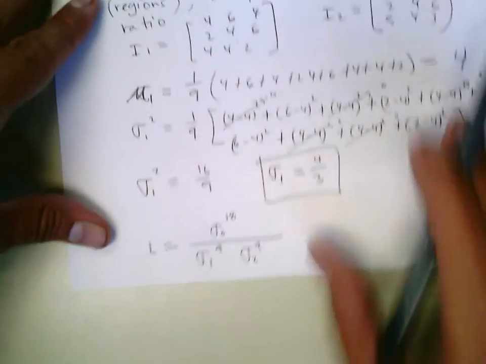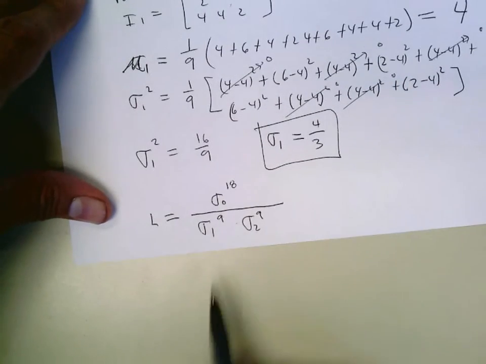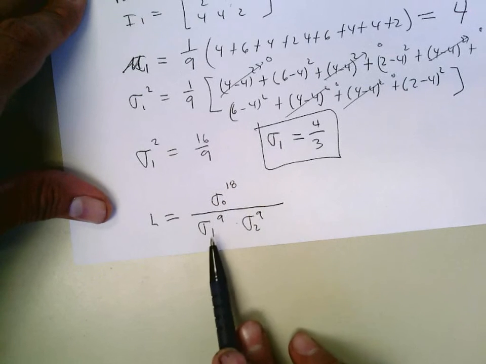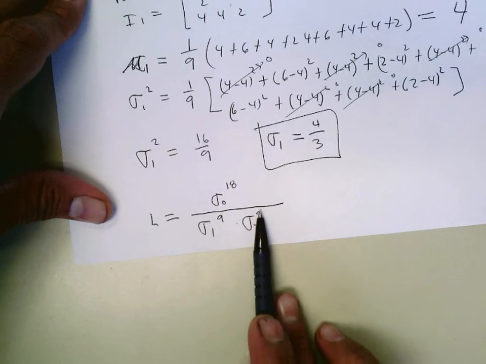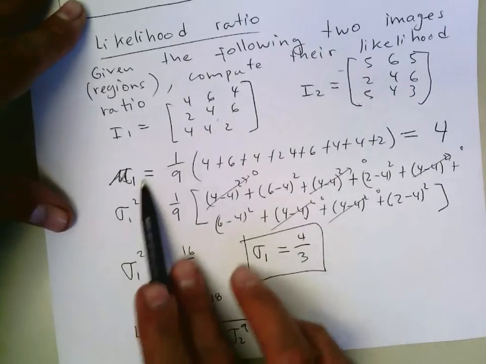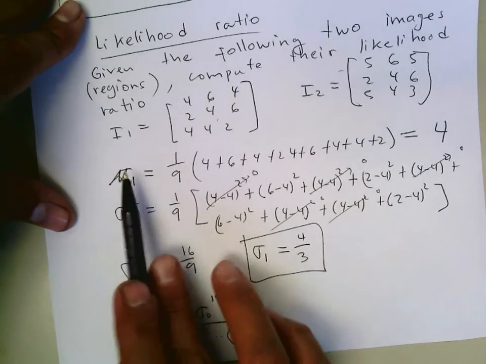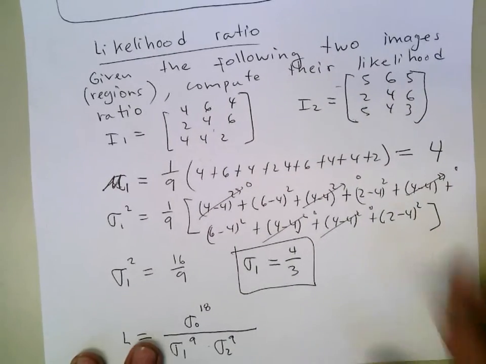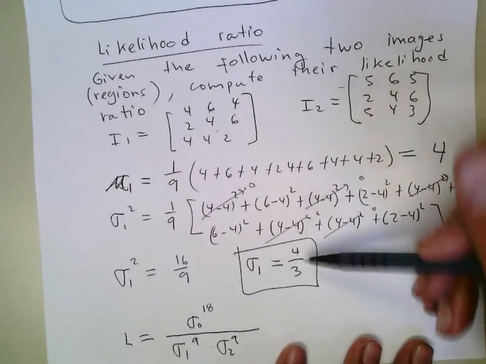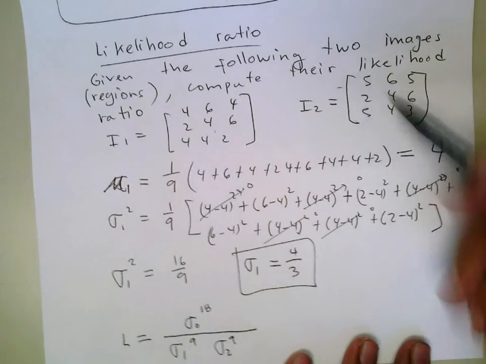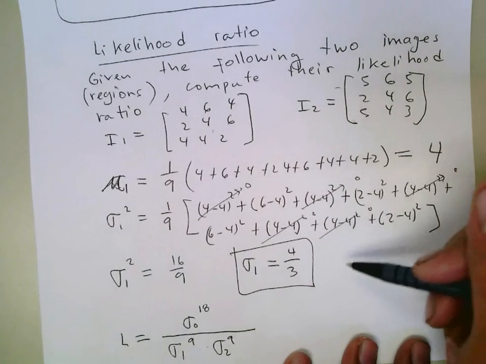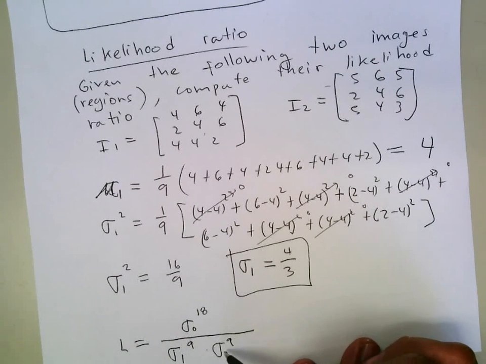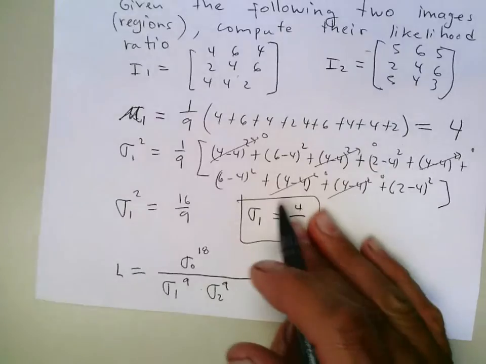So what I will have in my ratio is something like this. Once I compute the sigmas, it has sigma to the power of 18, sigma to the power of 9, and sigma to the power of 9. This is a sample computation of the mu and the sigma 1 using the values that are there. I didn't finish computing this, but the same way you can compute sigma sub 0 and sigma 2, and then we can get the actual value for the ratio.